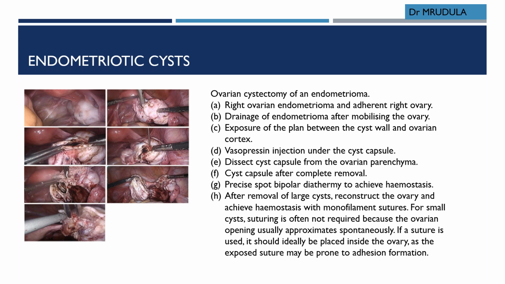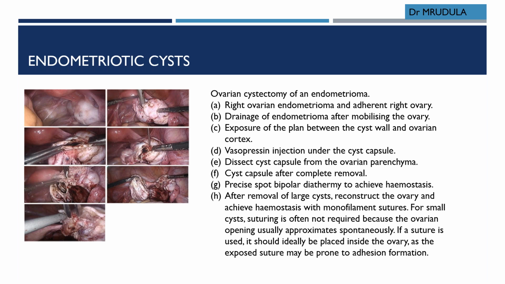So here you have to use either vasopressin or normal saline. Here you can see the vasopressin is injected in this fourth picture. You can see this vasopressin is injected in the cyst capsule. Then you have to dissect the cyst capsule from the ovary. Then do the proper precise coagulation. Okay, so precise coagulation or diathermy use should be done to avoid any extra damage to the residual ovarian